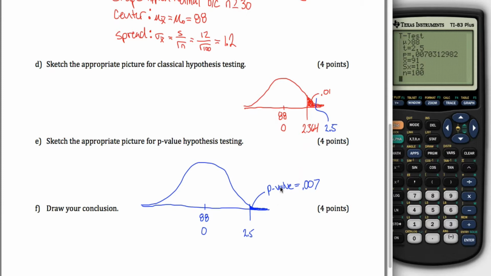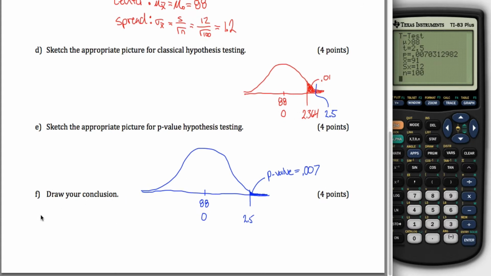Because the p-value tells me the area to the right of this little blue line right here. And alpha tells me the area to the right of this red line right here. If the area to the right of this blue line is less than the area to the right of this red line, then the blue line must be to the right of the red line. All you need to know is because, and then depending on if you're doing D or E,